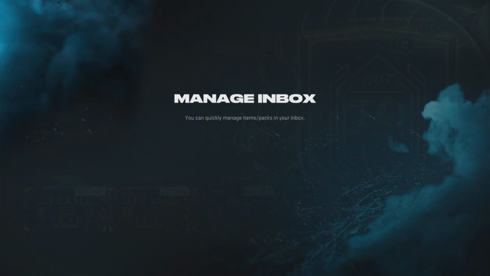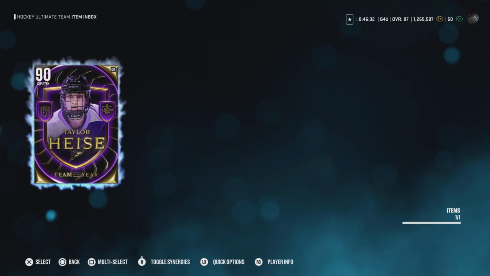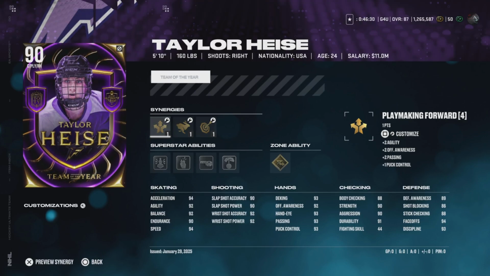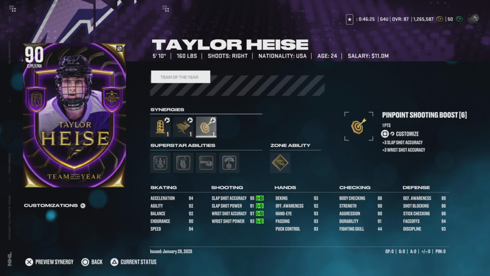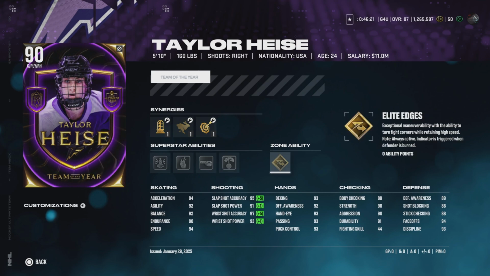And yeah, there it is. Set was completed. Also got some coins for selling a couple cards, so back up to 1.265 million coins. And a 90 overall Taylor Heisey, which, like I mentioned at the start, I do have Sniper Forward and Pinpoint Shooting Boost activated, so we give her an incredible lethal shot on the squad, on top of having all their